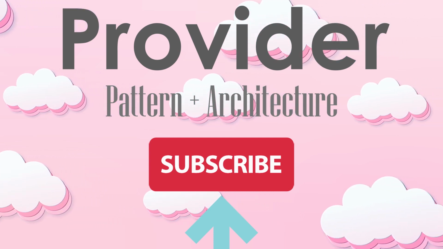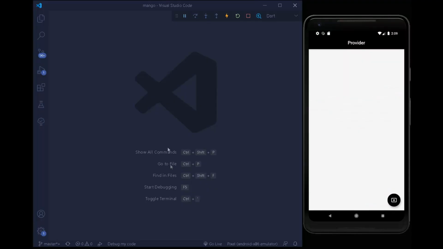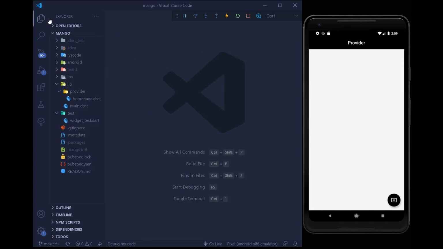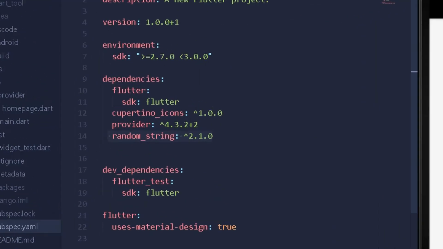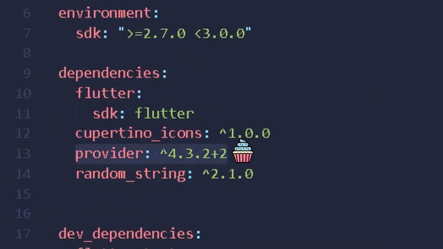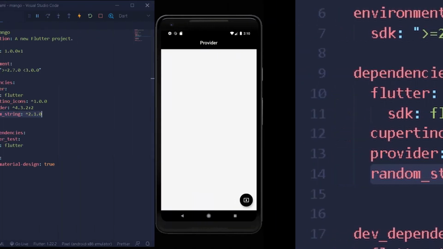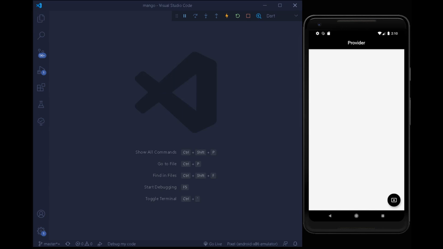Before implementing provider into your Flutter application, you need to get the dependency of the provider itself. To do that, you can move into your pubspec.yaml file and add the provider dependency. To generate some random strings in the provider example, you will also need the random_string dependency. Instead of using the old traditional counter app example, we shall be generating a random string with the help of provider. I personally recommend using provider because it is easy to use and generates less boilerplate code.